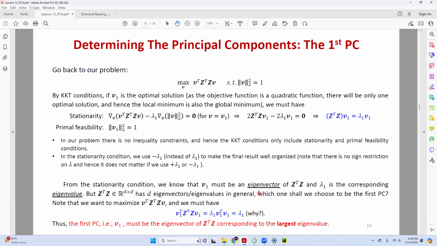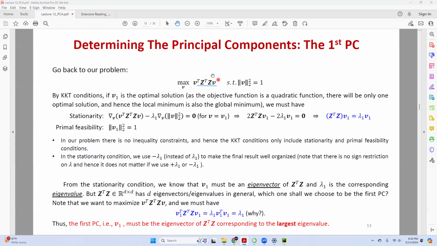So how can we decide? Let's have a look at the objective function again. My objective function equals this. Did you find something interesting? Look here. I have a ZTZV here, right? But by the KKT condition, my ZTZV must equal lambda V.